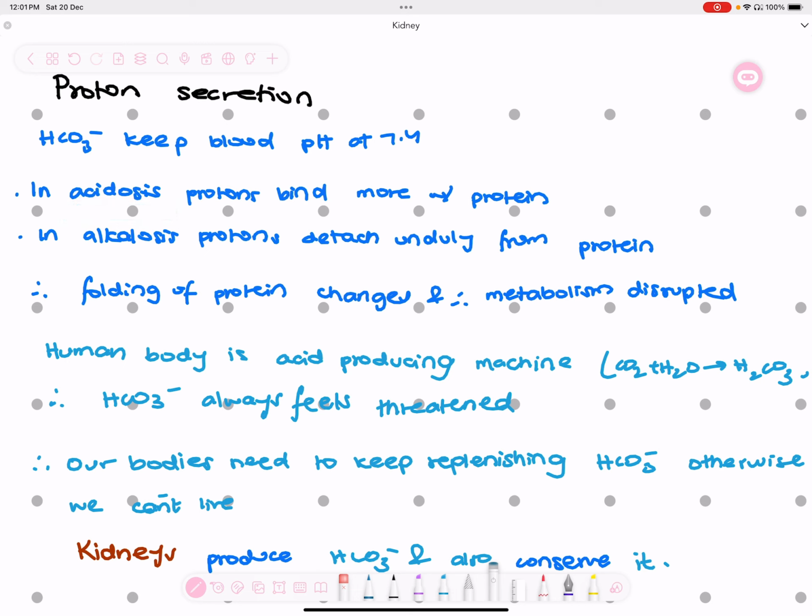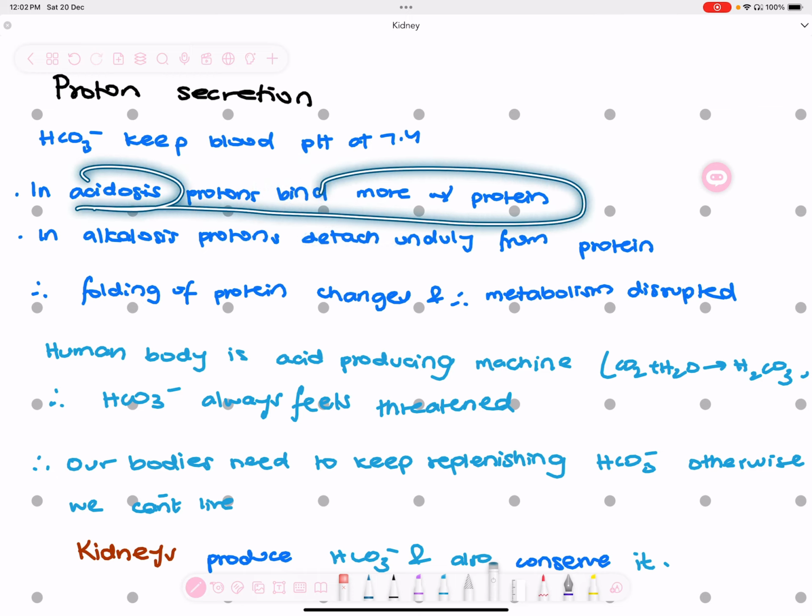So what will happen? There will be a lot of protons that will come and start binding to this protein. So when a lot of protons come and bind to this protein, what will happen? I'll tell you that in a second. And second, what happens in alkalosis? In alkalosis, the same protons that were bound here will start unduly detaching from the protein, they'll start detaching excessively. Okay, so this cycle of binding and detaching: in acidosis, protons start binding in excess, because